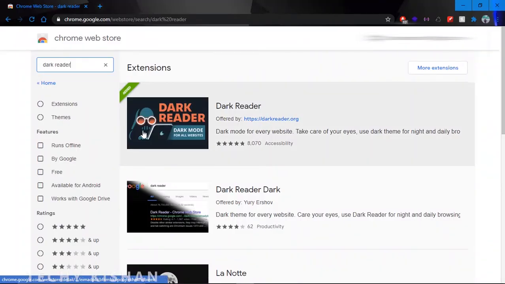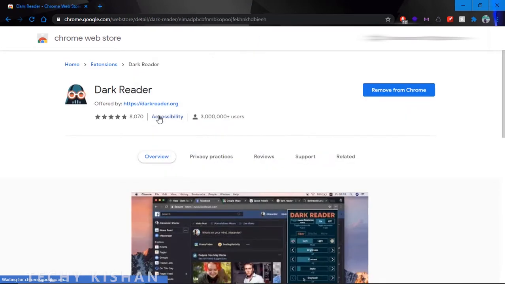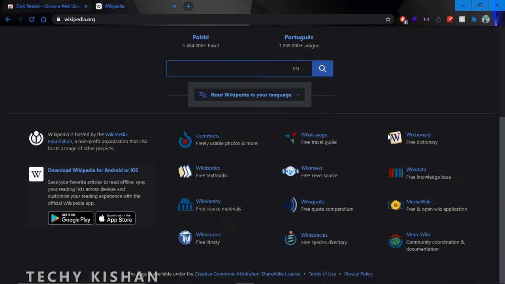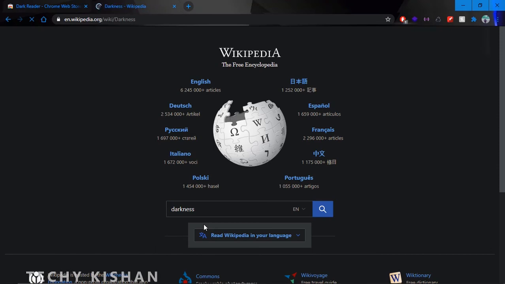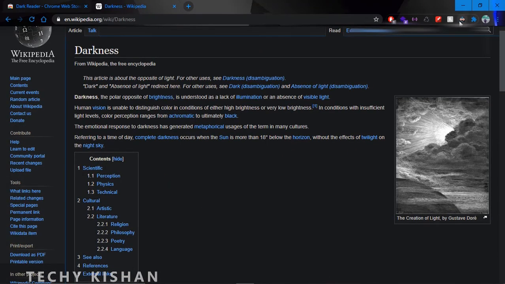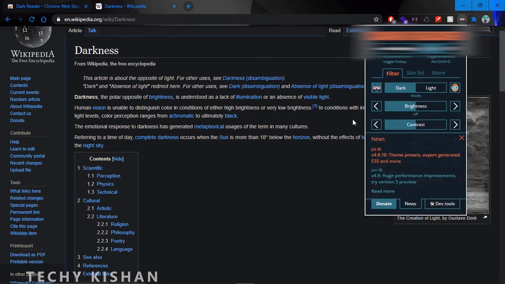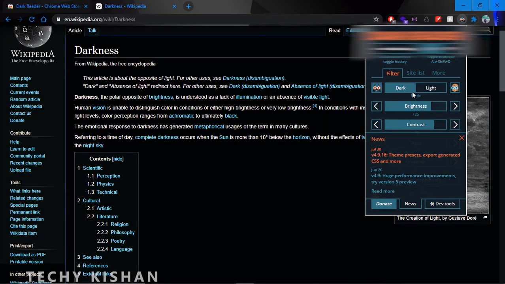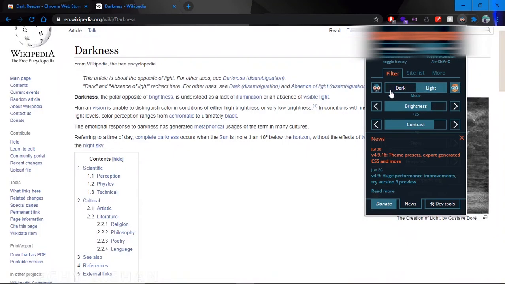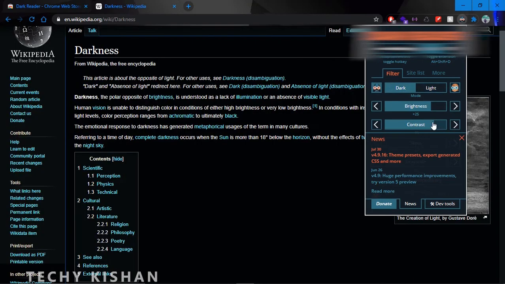So friends, the seventh plugin I'm going to talk about is Dark Reader. Friends, I have already talked about it in my previous videos. And friends, this plugin is very helpful if you want to browse at night in dark mode on every website. You can also adjust the brightness or contrast level from the drop down menu of this plugin, and you can adjust this like whatever you want. And friends, I personally use this plugin, and if you also want to know its alternative, you can watch my previous video, which I'm going to link in the description or in the card.